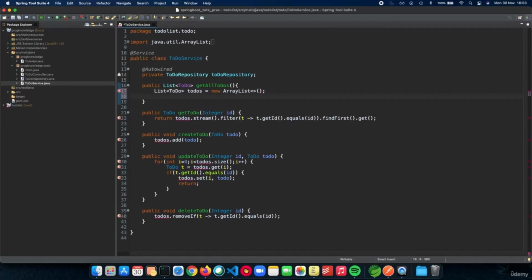And yeah, we have created our list of to-dos. So now let's actually query our repository and see how we can use the repository to implement the get all to-dos function. So let's see what a to-do repository gives us. So, to-do repository